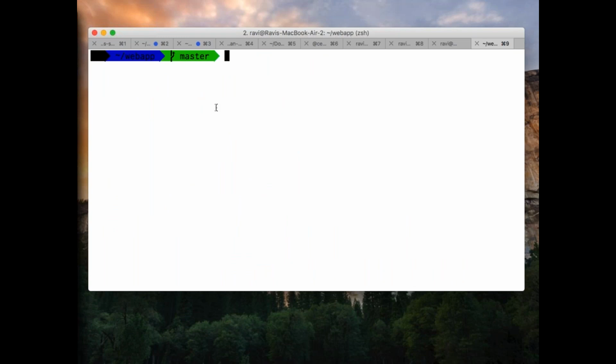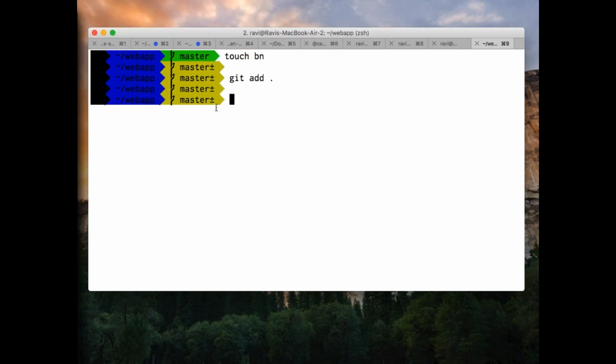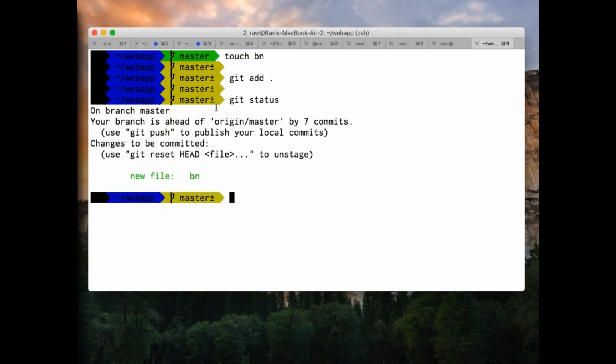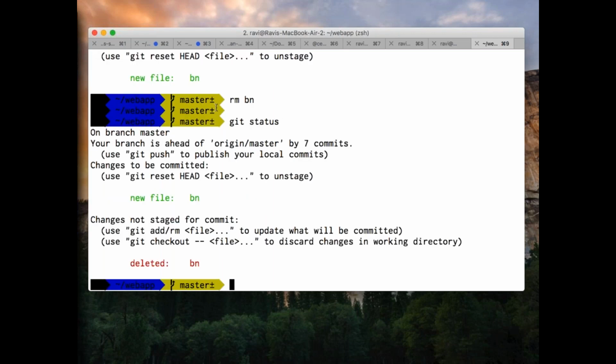No, if you remove the file in staging area, right? Like what I told you, it is my temporary area, virtual area. Now let's say I do touch bm, and I say git add dot. Now git status, so it's there in this particular thing. If you want to unstage, it says do that thing. If I do rm bm, and now I say git status, what does it say? You see,